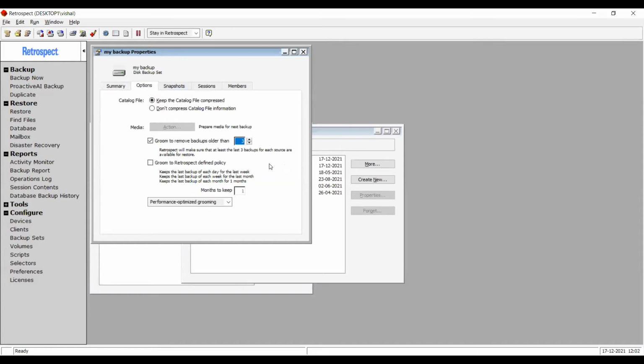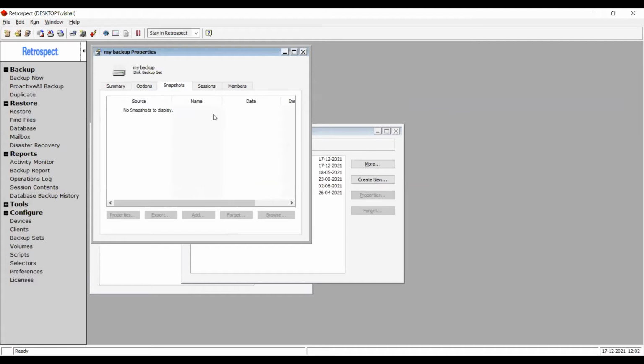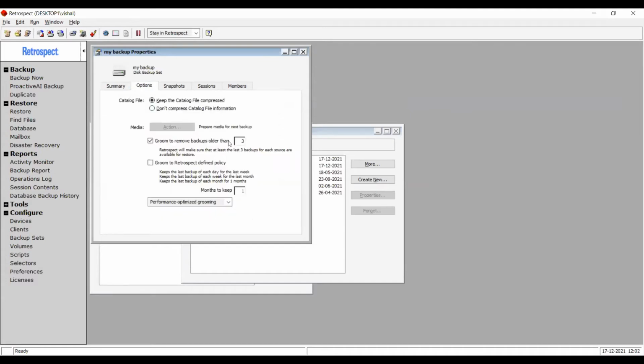And I think, okay, I now understand what you are trying to ask. Maybe you are trying to ask that if the first backup is full and I'm keeping only the last 3 backups, which are incremental, then will I be able to restore my entire backup? And yes, you will be able to restore your entire backup. The reason is how the grooming policy works is that when you say keep the last 3 copies, and even though the last 3 backups were incremental backups, the snapshot that is created, we are talking about the snapshots here.